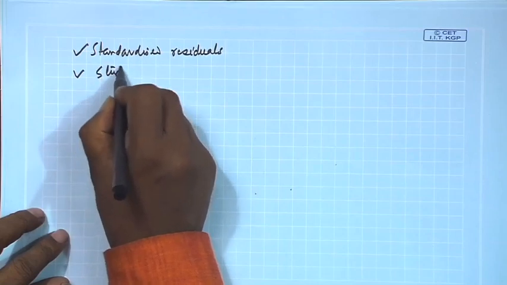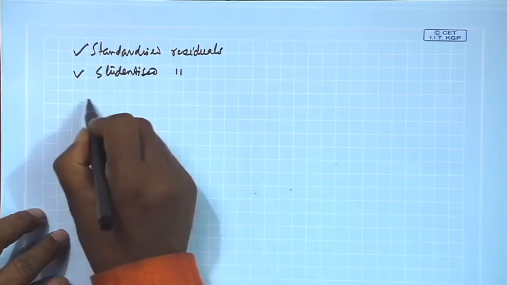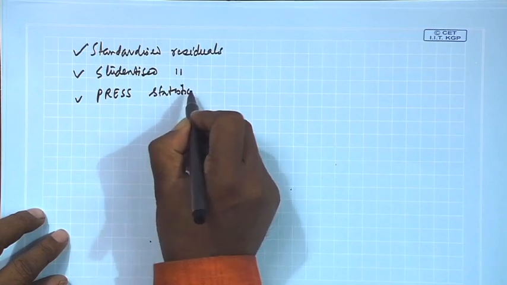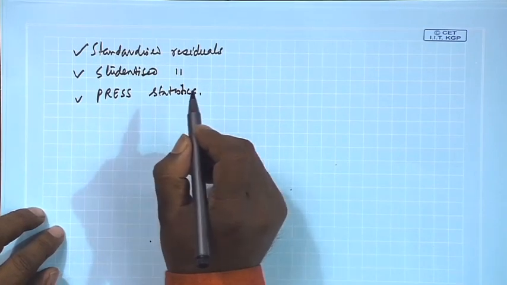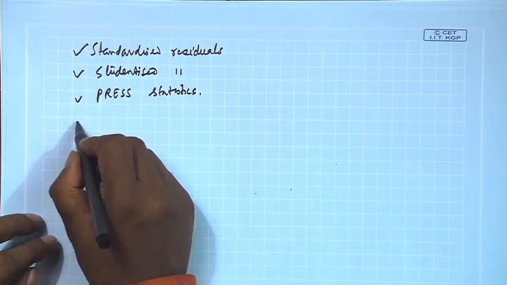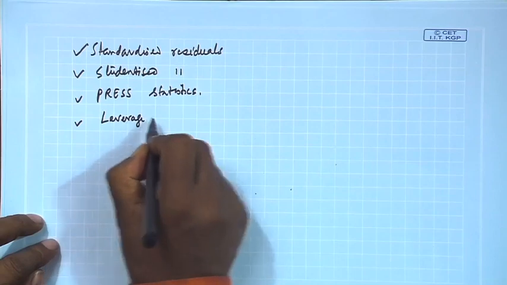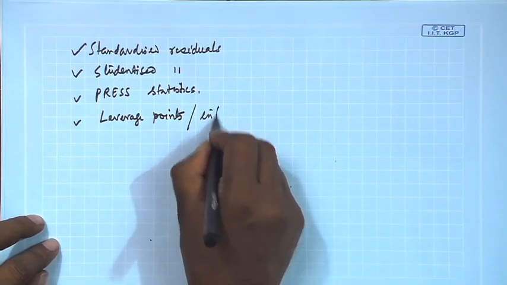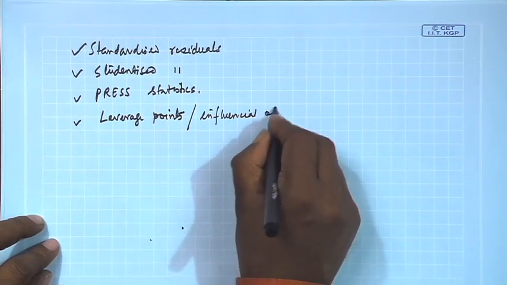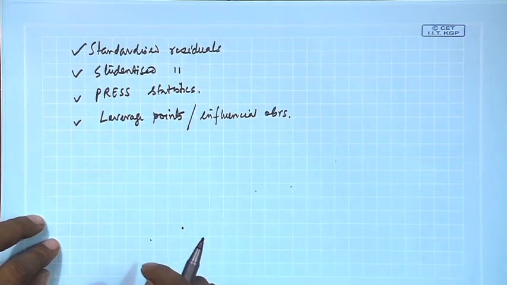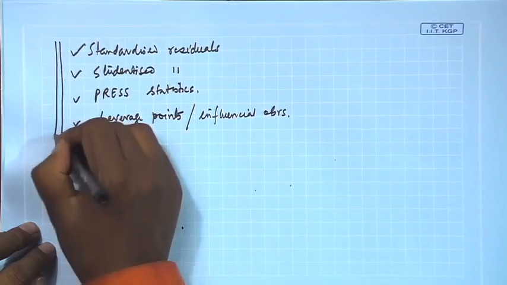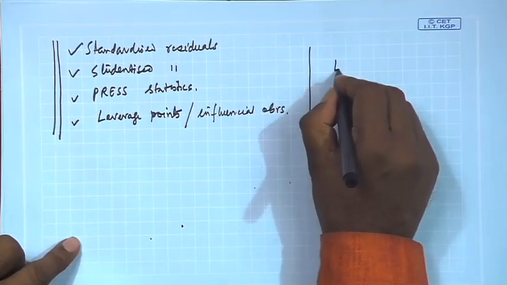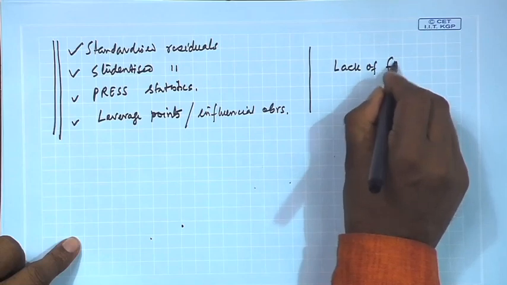then studentized residual, then PRESS statistics, and also we introduce leverage points, or influential observations, and these are the things that will be discussed for diagnostics. And then as I told you, we will go for lack of fit, LOF,